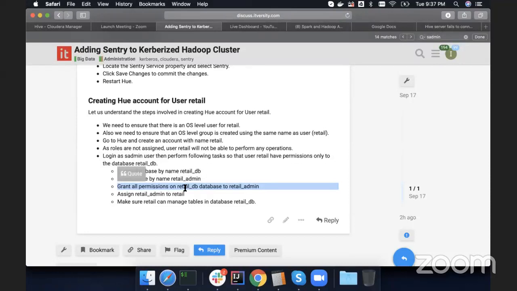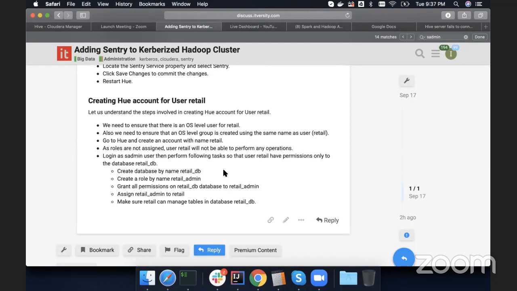So here we are trying to achieve the functional permissions and roles for the functional users, not the system users. Admin is a kind of system user which has all the access with respect to Sentry tasks. Retail is the user who has only the admin access to the retail database. He cannot manage anything else. He should be able to create the tables in the retail database, drop the tables, truncate the tables, insert data or load data into the tables, and query the data from the tables in the retail database,